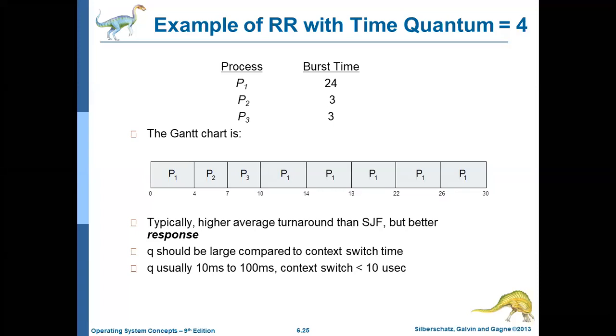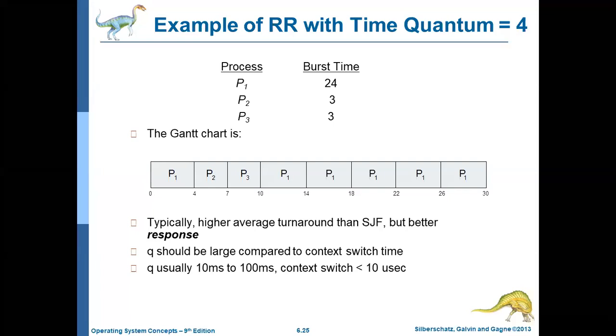Completion time is when the entire process gets successfully removed from the memory, whenever the successful termination is going on. Then P1 30, P2 completed at 7 milliseconds, P3 10.